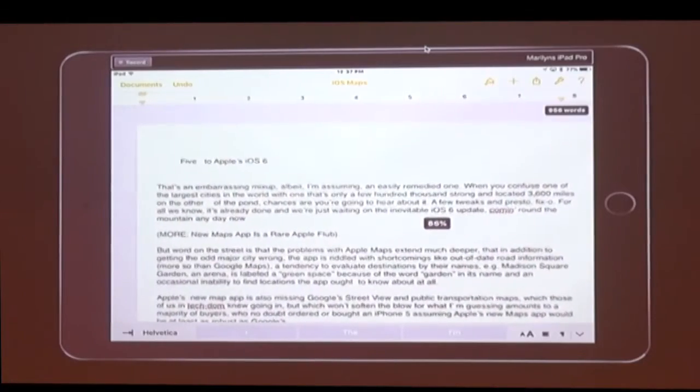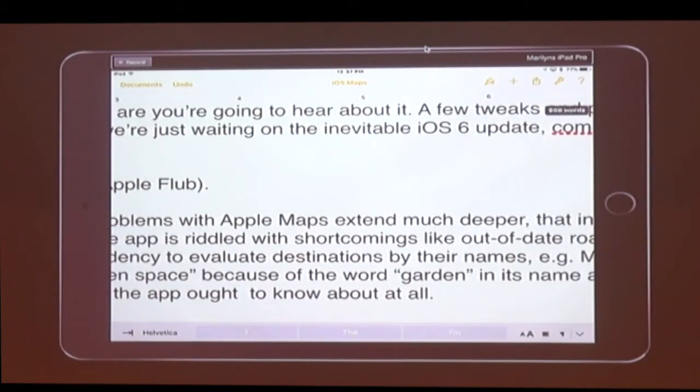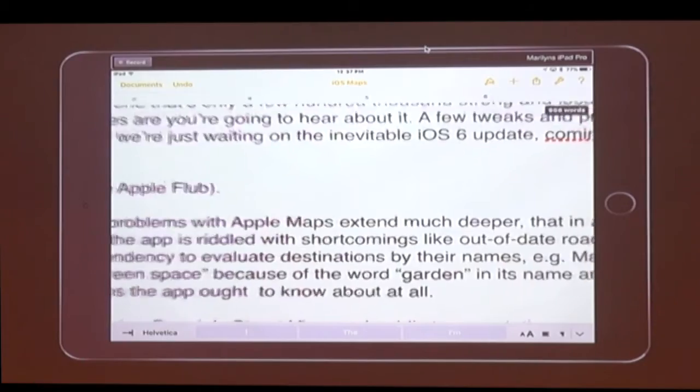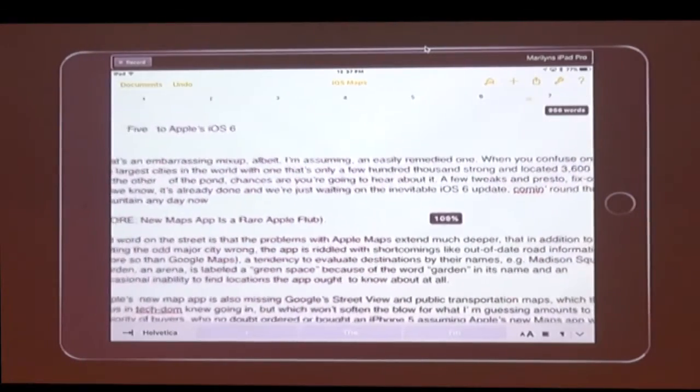And only in Pages. If you do it fast, it'll go right to maximum. If you do it slow, then it will give you the little